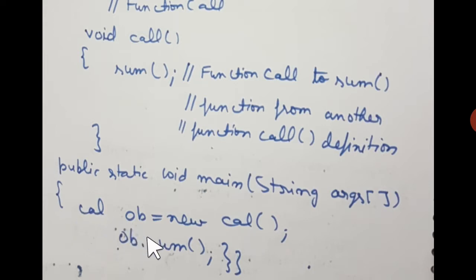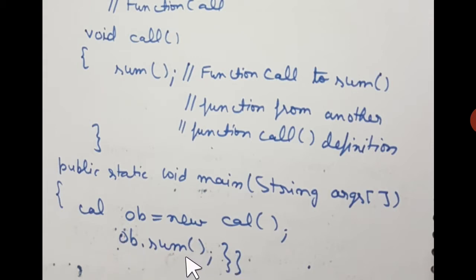All right. After that, students, using this object ob, we can call or invoke the function sum. In the previous example, I just called the function using its name, parenthesis, and semicolon. But this time I have to call the function upon the object. So I have written ob.sum parenthesis semicolon. Yes, this is a very, very important line.